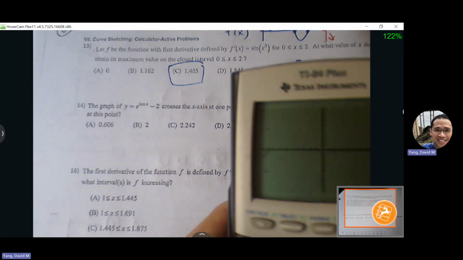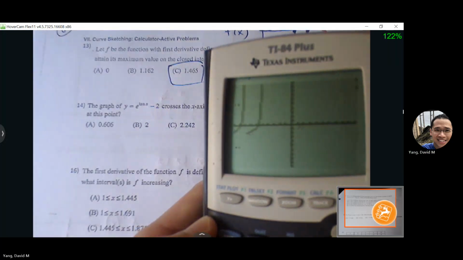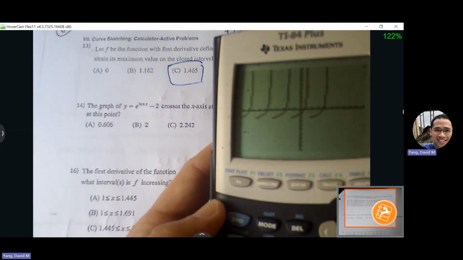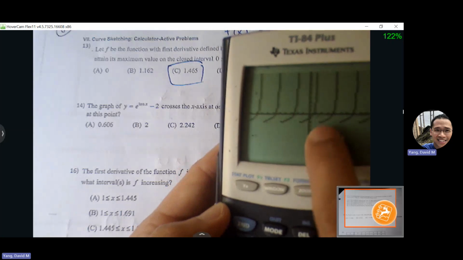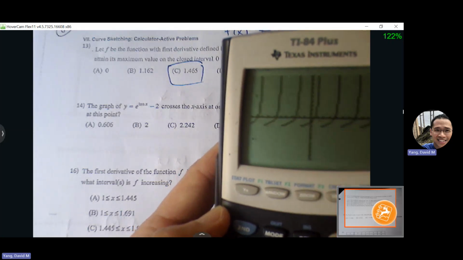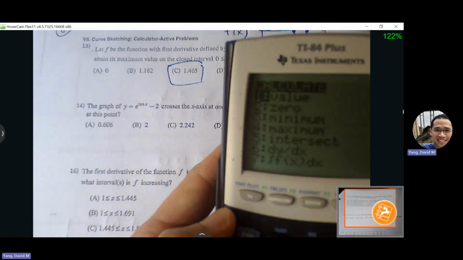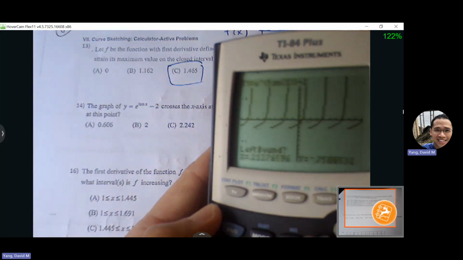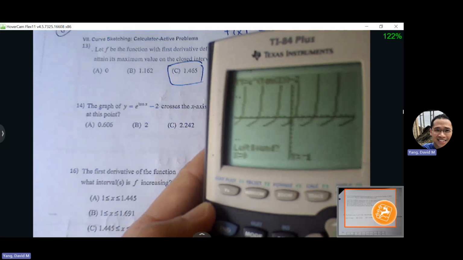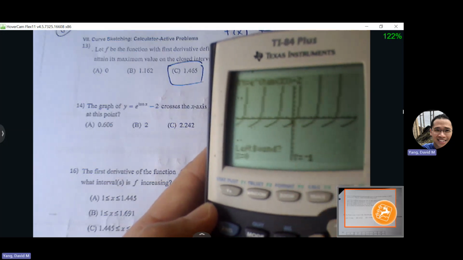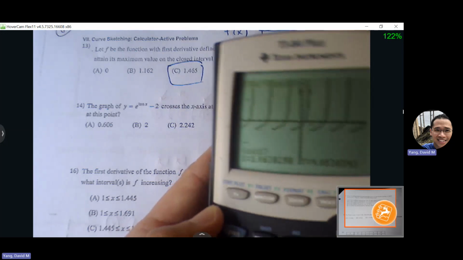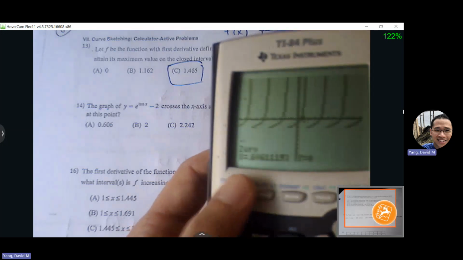Zoom 6 again. I need an x-intercept between 0 and 1, so it looks like it's somewhere here. I can either zoom in or just do second trace, 0. I think I can do it without zooming in too far. I'm picking a point to the left of my x-intercept, enter, and a point to the right, enter again, and enter a third time. I get